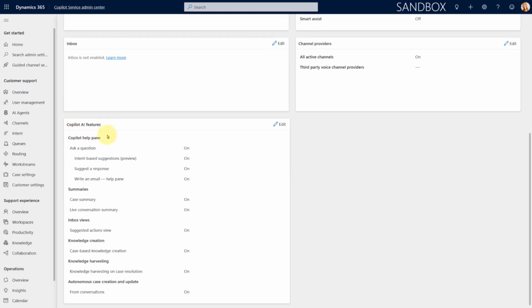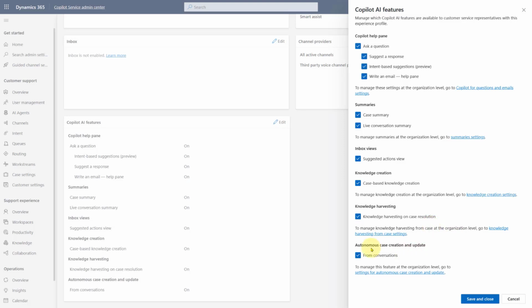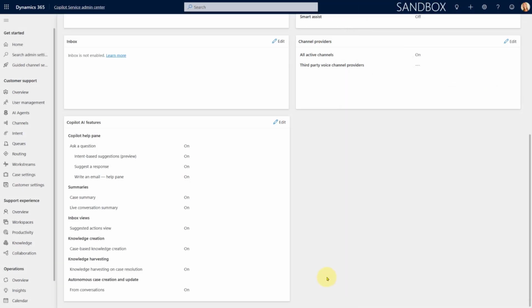We're really talking about those Copilot AI features. And this is where we're going to be able to set up some of those different things, right? So here you can see the autonomous case creation and update from conversations has been enabled. So if you click here and edit, right,